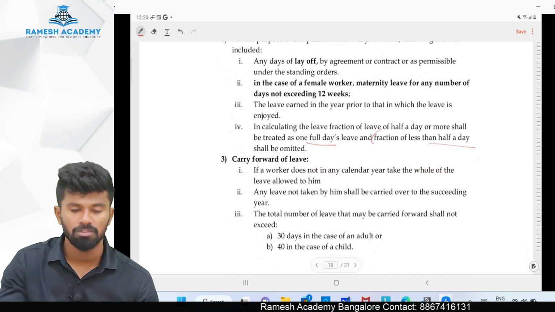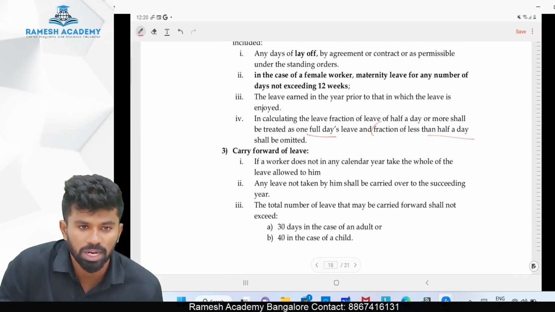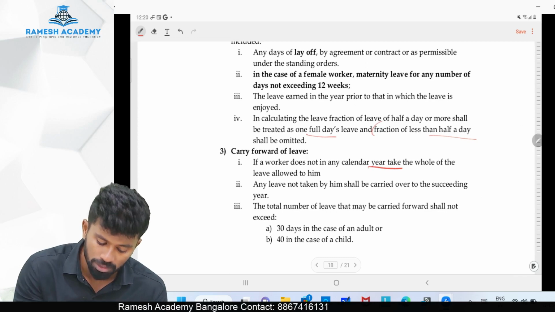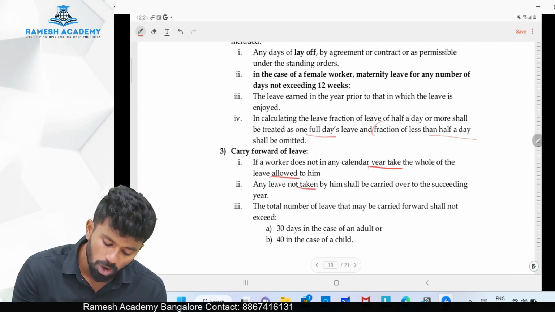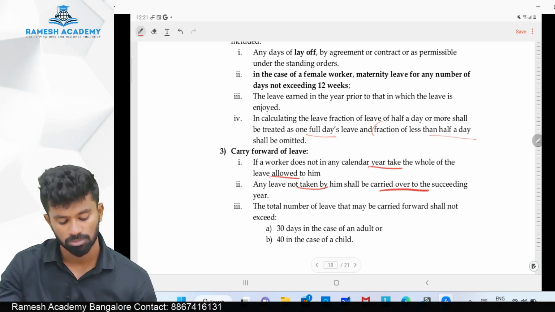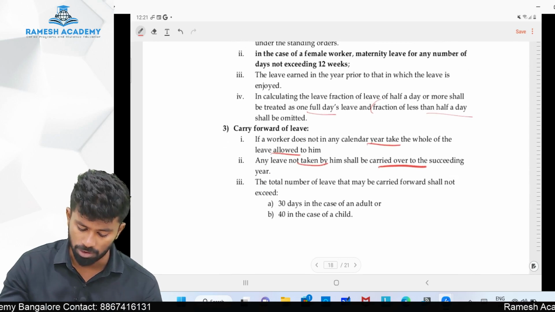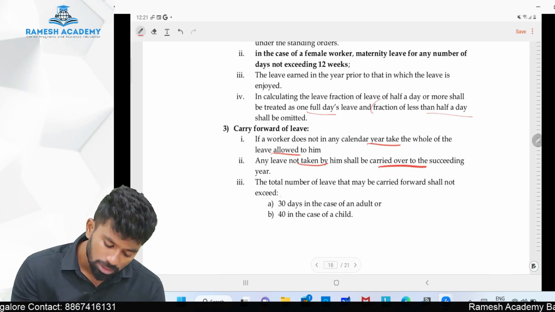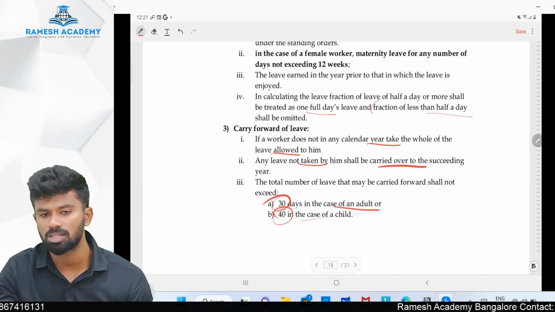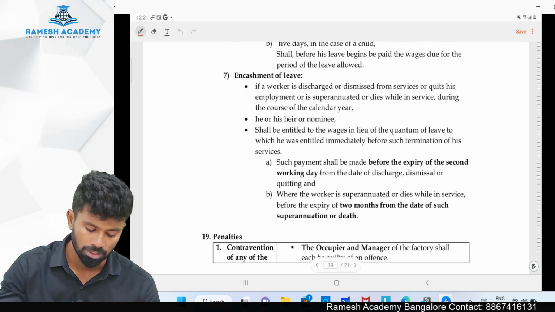Carry forward of leave. What if you have the paid leaves and you can't enjoy those paid leaves? If a worker does not in any calendar year take the whole of the leave allowed to him, any leave not taken by him shall be carried forward to the succeeding year, next year. The total number of leave that can be carried forward shall not exceed 30 days in case of adult, 40 days in case of child. Remember this, 30 in case of adult and 40 in case of child for carry forward of